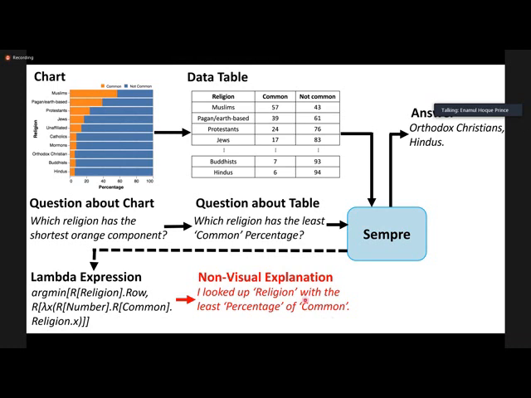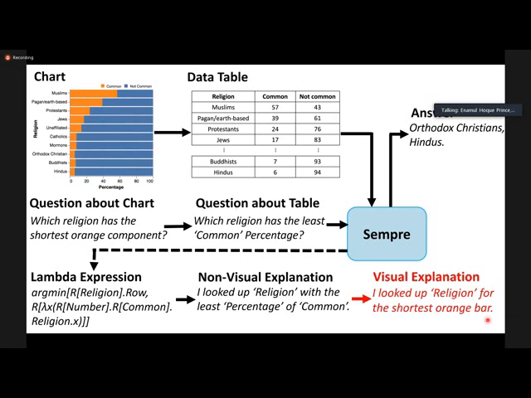The corresponding visual explanation would refer to some visual properties of the chart. So the question was, which religion has the least Common percentage? And then the explanation says, the way I computed the answer is by looking up the religion for the shortest orange bar.